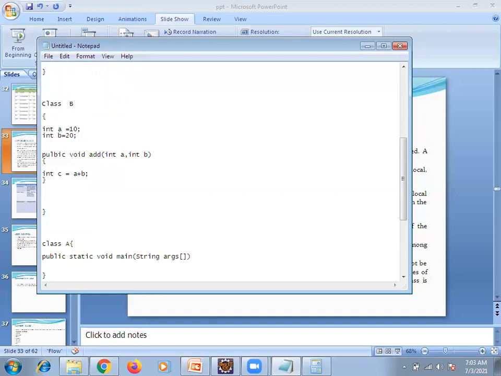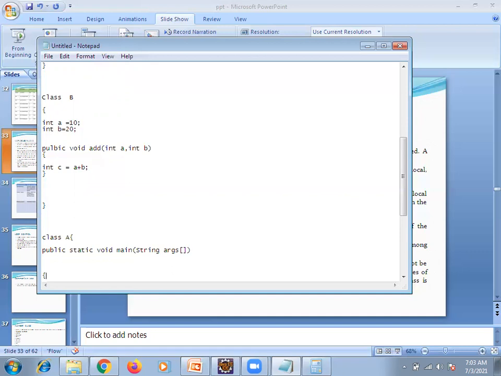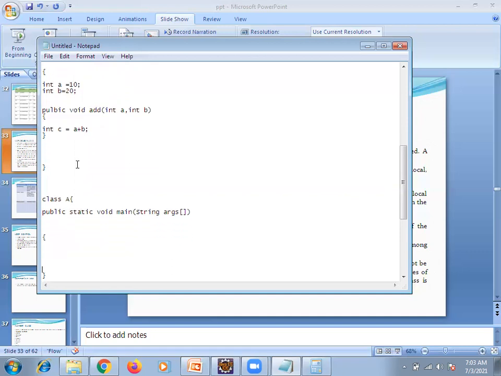Now I want to use class B in class A. What we need to do? Create the instance, or create the object. Now B object of B equal to new B. Now our object is created.